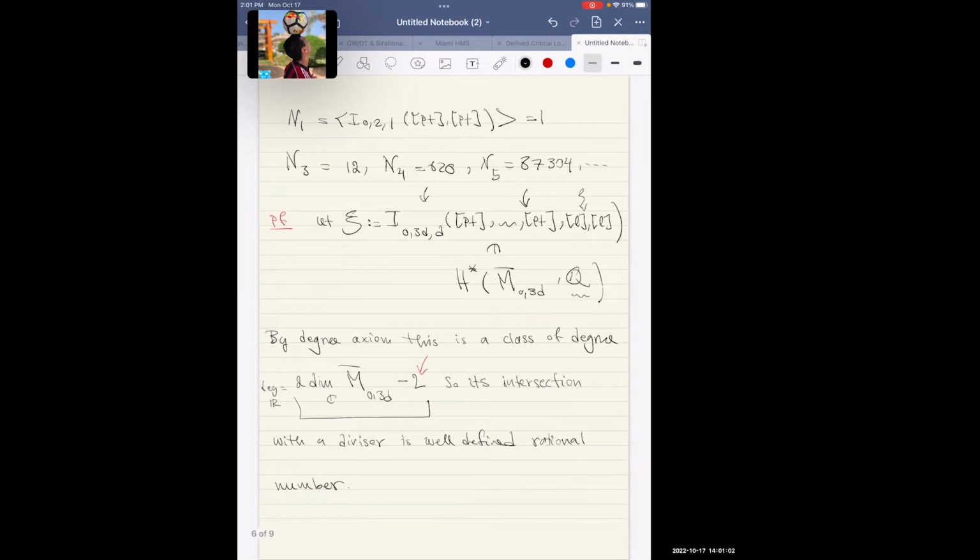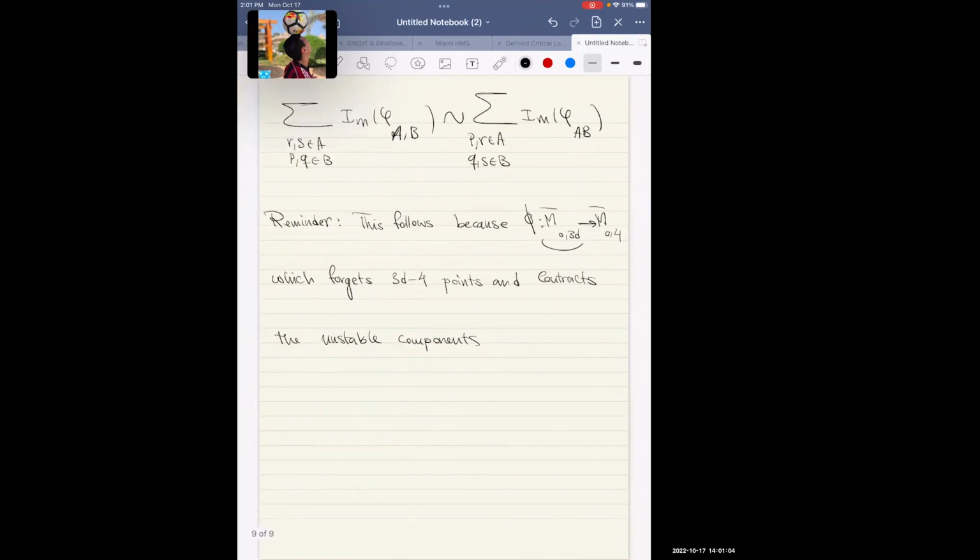Okay, so the stable curve moduli space has this property that on the interior, if I forget whatever number of points, I can just land on the interior, no problem. But on the boundary, I have the notion of stability for the curves. So if I forget 3D minus 4 points, some of those irreducible components of the normalization of our curves will become unstable. So I need to collapse them to points. Otherwise, I don't land on something permissible or allowable. So the unstable components